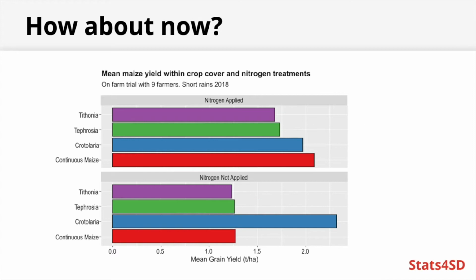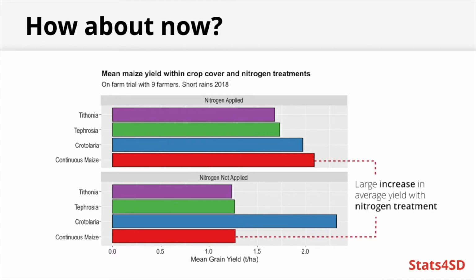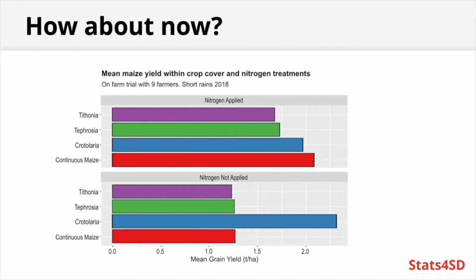And the continuous maize treatment is the one which seems to be getting the biggest benefit of having the nitrogen applied, because we see it's similar to the purple and the green when nitrogen's not applied, and the average is quite a bit higher when it has been applied. So by restructuring just those 8 bars, we've immediately made a more informative plot by factoring in our 4x2 factorial structure. In fact, we could make that even easier.